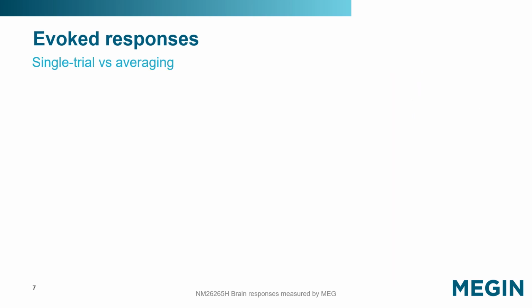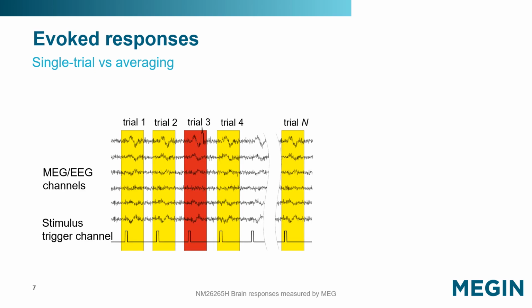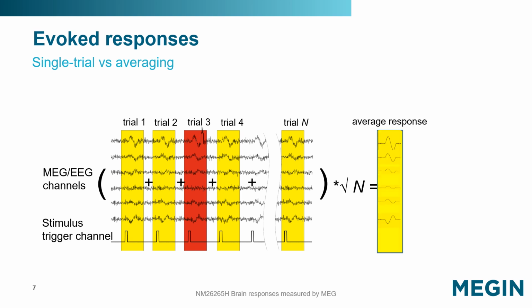Analysis of evoked responses typically includes averaging epochs. Evoked single trial responses may be detectable, but often have a poor signal-to-noise ratio, or SNR. To improve the SNR and allow for accurate detection and localization of the underlying sources, tens or hundreds of trials are collected to yield an average evoked response. Averaging improves the SNR by the square root of n, where n is the number of averaged trials.